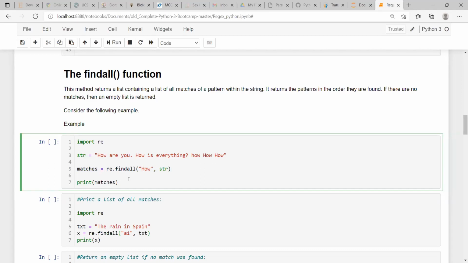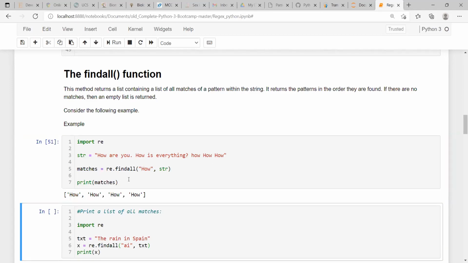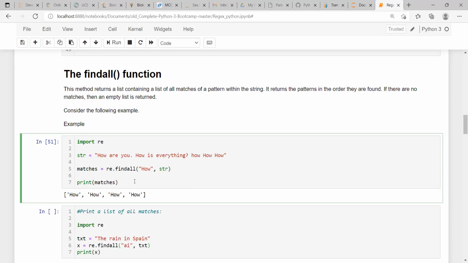You can check that I am running this. It is fetching only the word how which has H in capital. You can see that there was one small h, but it is not included because you specified the exact pattern like this.